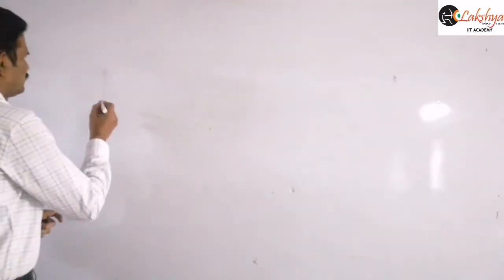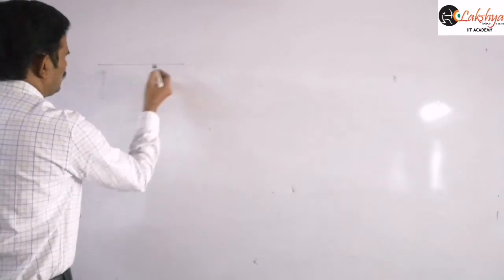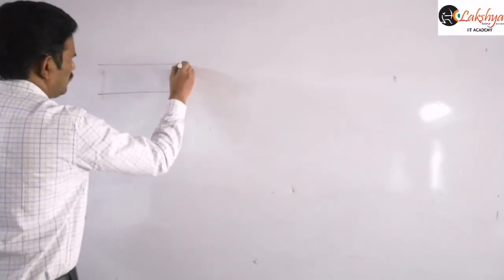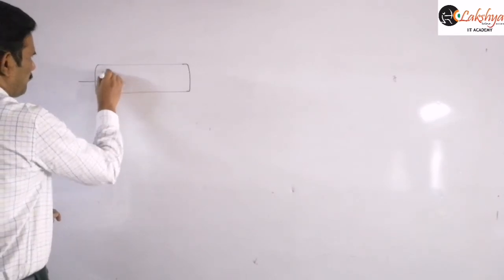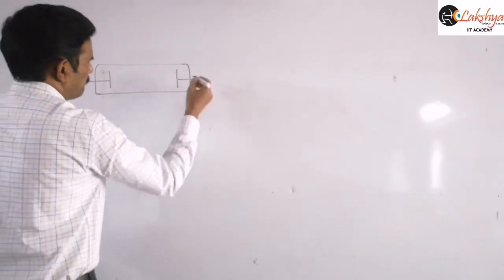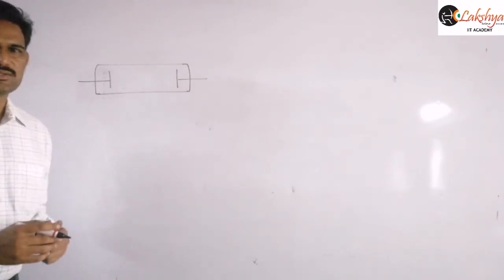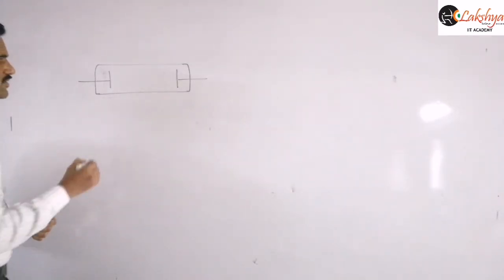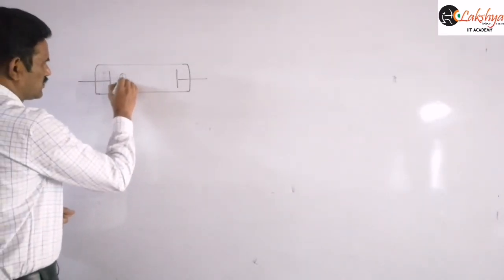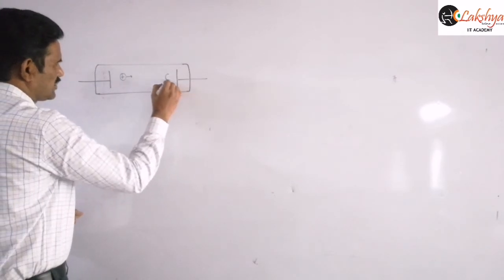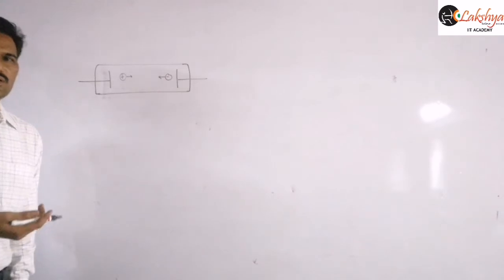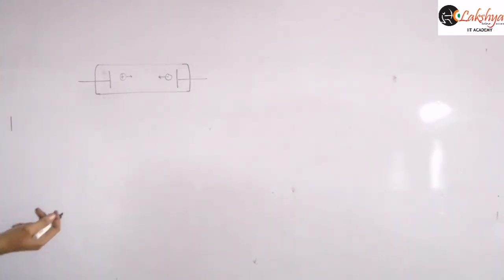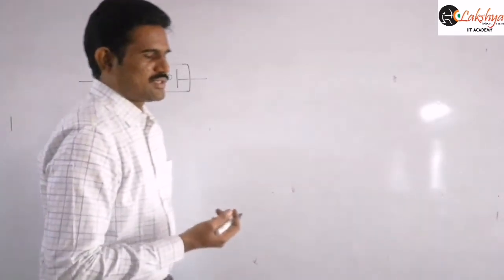So write the first problem. I am taking this like a discharge tube here. In a discharge tube, suppose some positive charges are traveling in one direction and negative charges are traveling in the opposite direction. Now we need to consider the current flowing through that. So write that problem. In a discharge tube,